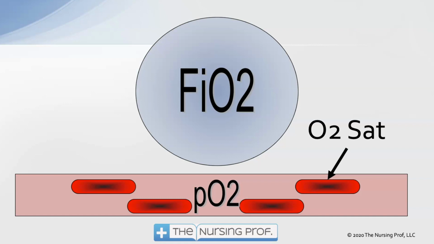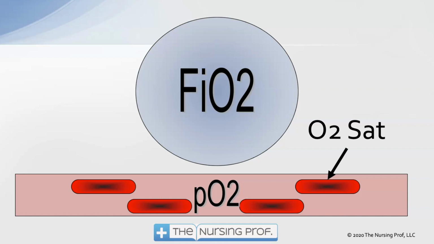And in this case, now we're going to move that into a decimal, so 0.5 or 0.21. And so we're going to divide our PO2 by that number, and we're looking for a number that's greater than 300. If the number is less than 200, then we really are looking at a patient who probably is having some problems with that alveolar capillary membrane. So that's just kind of an early way of looking at the interstitial space and how well that alveolar capillary